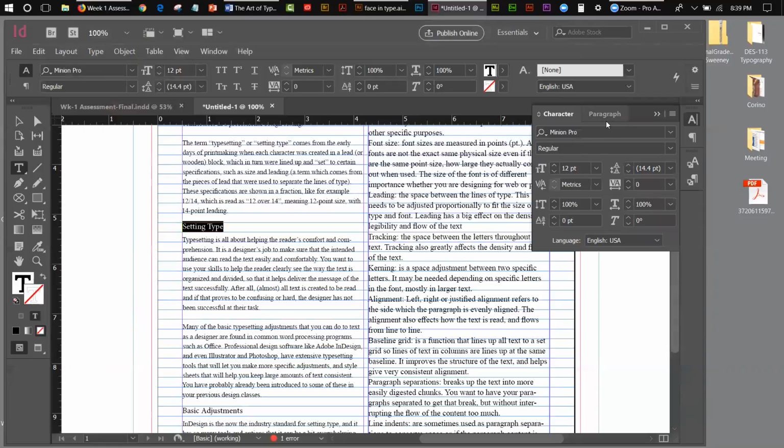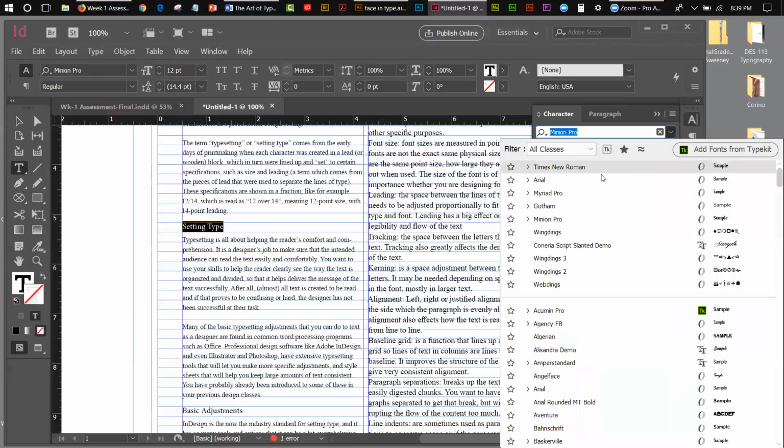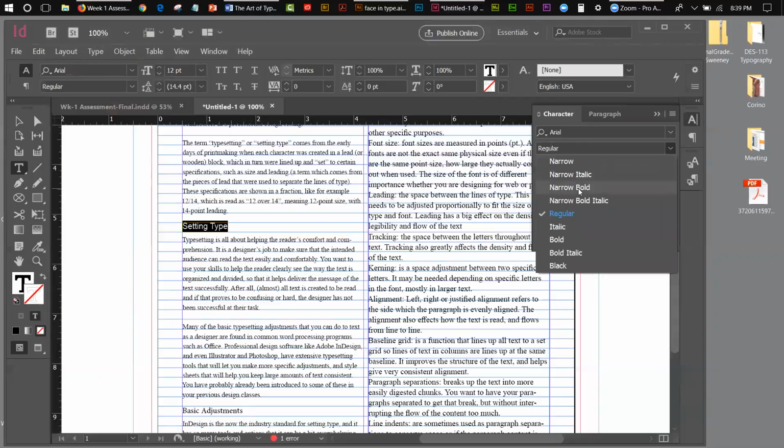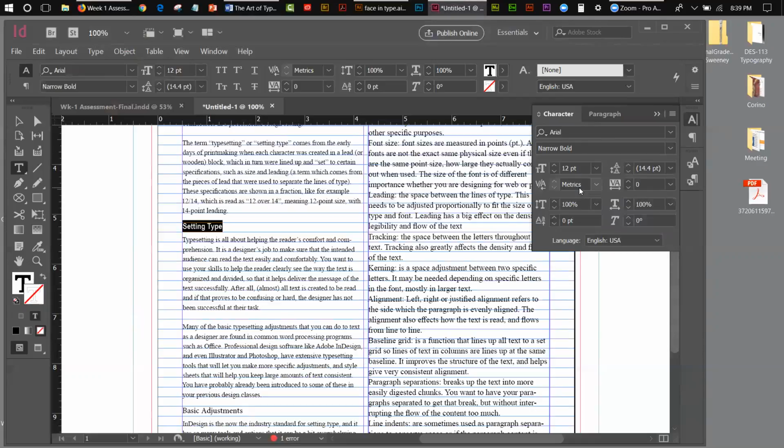So here's what it tells me that it needs for that subheadline: Arial, narrow, bold. So I'm going to come in here, go to Arial, and I'm going to choose narrow, bold. So there is Arial, narrow, bold. Okay? And what it is, it's 14 points. So let's go 12, 13, 14 point. 14 point. Okay? And then what it tells you is tracking 10. So I'm going to go up and tracking 10. So there it is. Arial, narrow, bold, 14,